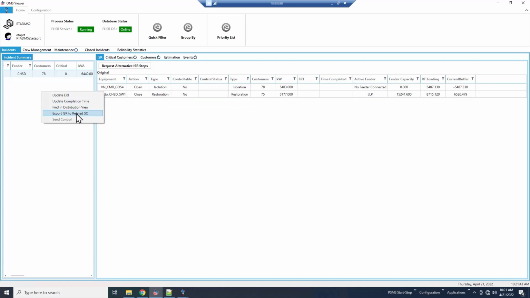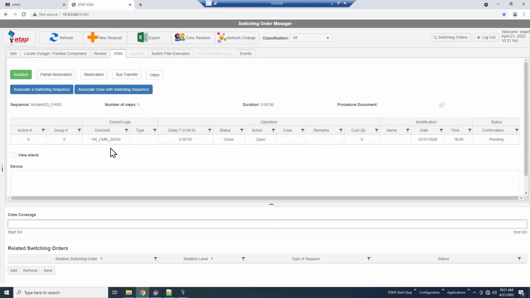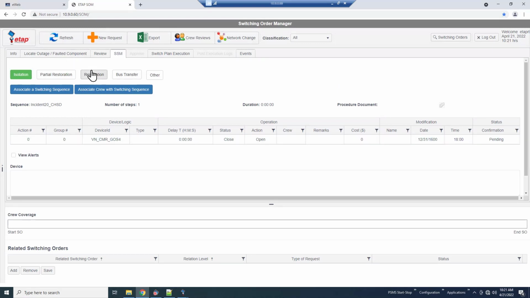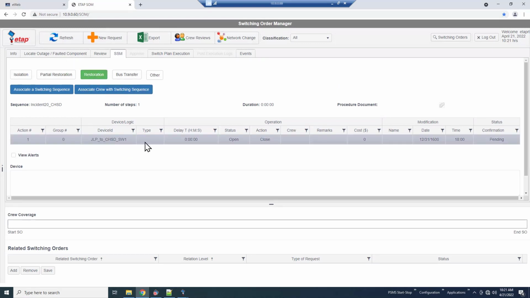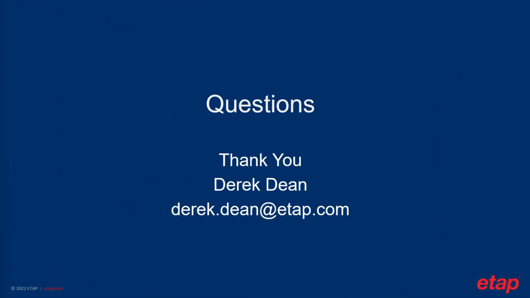So then I can export this to my switching order and go back to my switching order and go to my SSM tab, and here I can see my isolation step here and my restoration step here. Then you can go through and execute each of those steps to restore as many customers as possible. So I want to thank you for giving me the opportunity, and I'm going to open it up for some